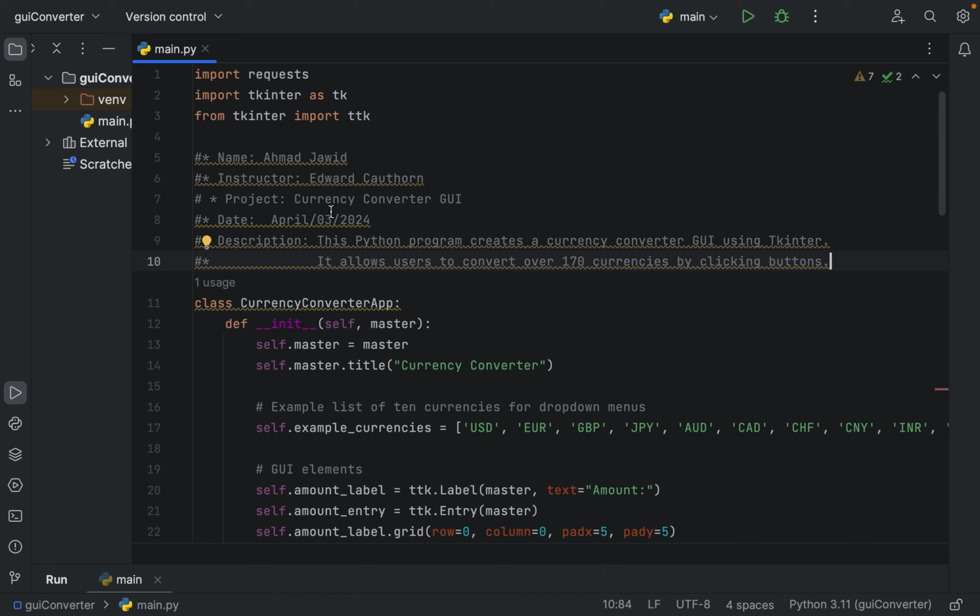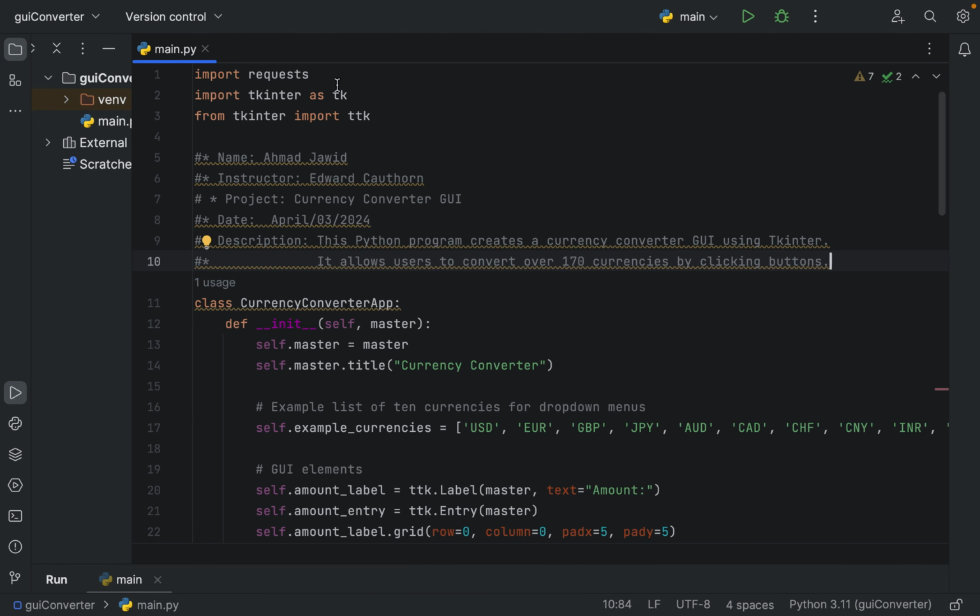So after this header, I want to start explaining my code, how it works, and also which libraries I imported, and I'll start from the beginning. Import requests. Since I needed a request library, I imported that, and also I imported Tkinter as tk, and also from Tkinter import ttk. So ttk is a better version of tk because it has beautiful widgets and buttons, rather than only using the regular